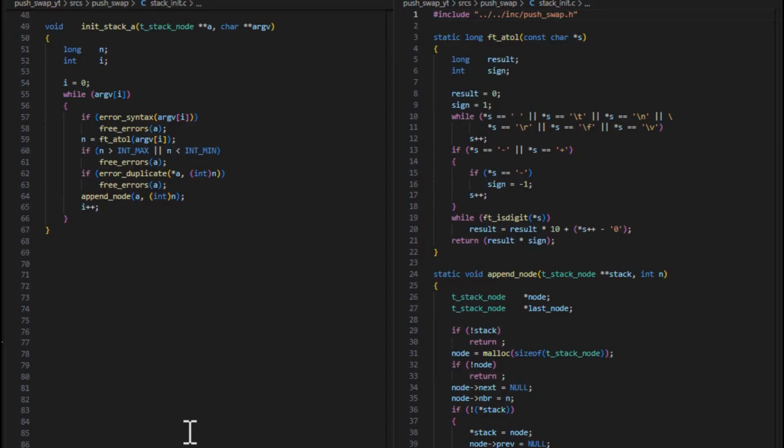For our stack initialization function, we declare a long integer to store our value, and we have a variable that will be used to iterate through our array of numbers. The code is pretty self-explanatory. We check for any syntax errors, and then if the argument is a string, then we use function a2long to convert the string to a long integer. Then we check for integer overflow, and if there are no errors, then we finally append our node that contains